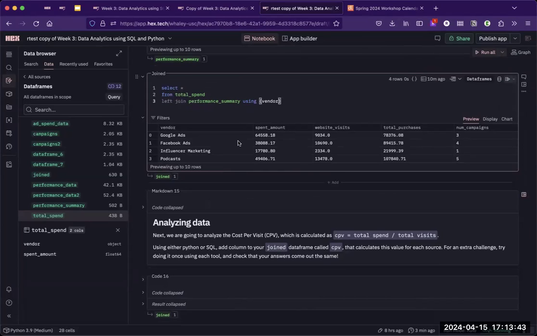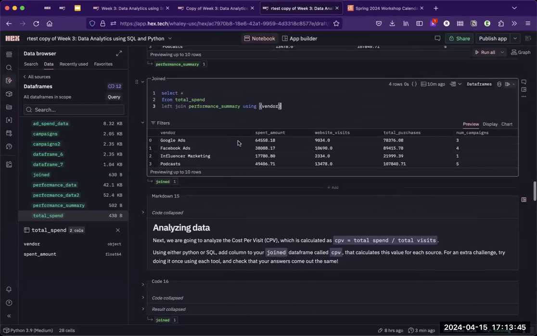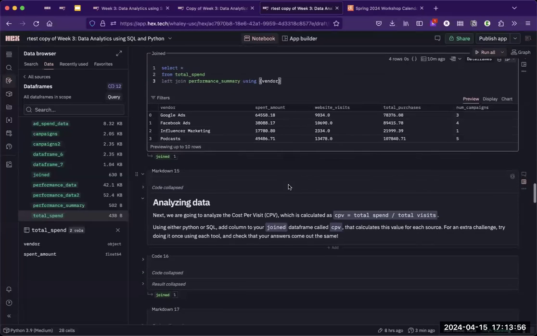Okay. So you should have something like joined. If you don't have something like joined, wave your hand at me after this and I'll help you get to here, because without this, you're going to have trouble moving forward. All right, so you should have something like joined with all these columns. And then,